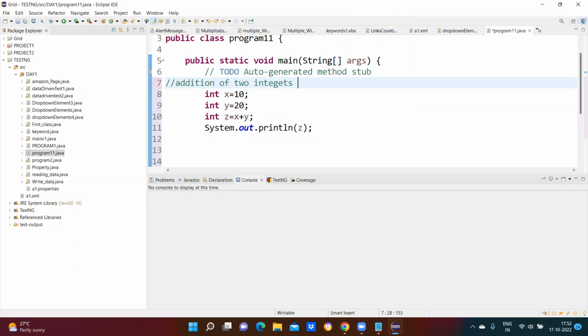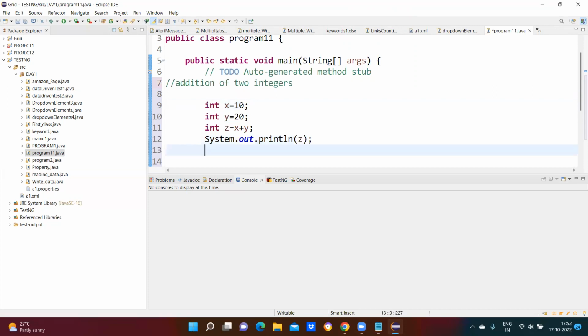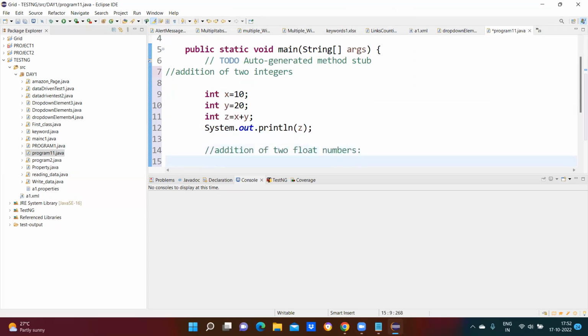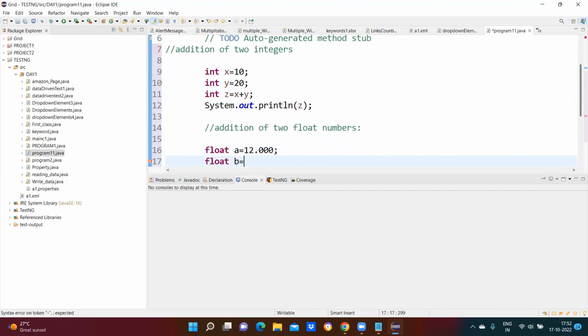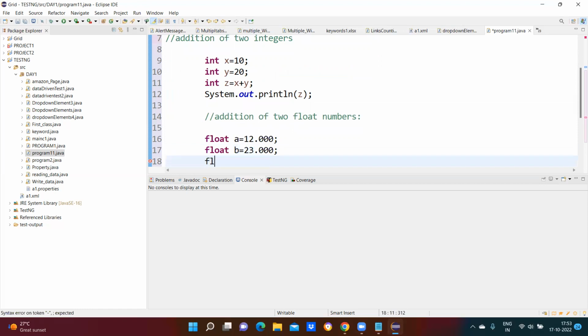Next we can add two float numbers. Addition of two float numbers. Can add two integers also. Now how do you add it? Float a equal to 10.00, float b equal to 23.000, float c equal to